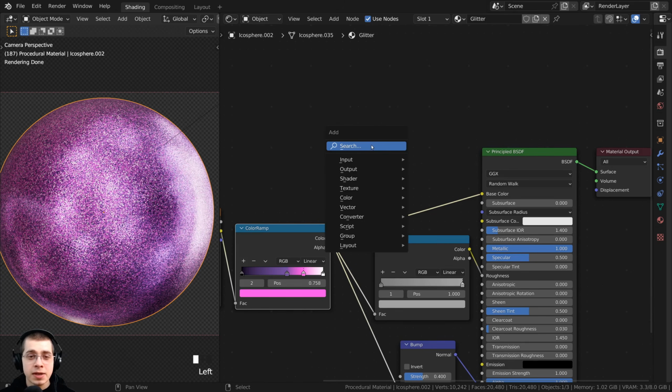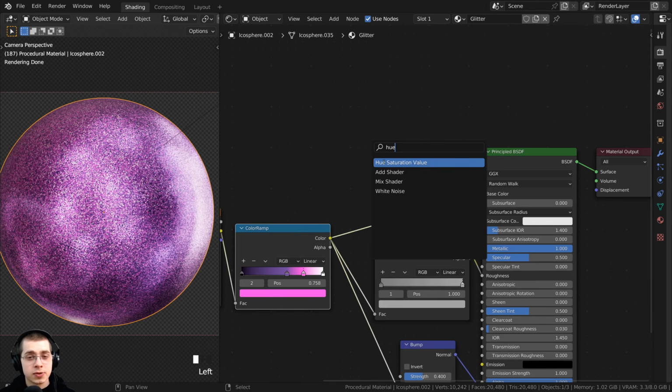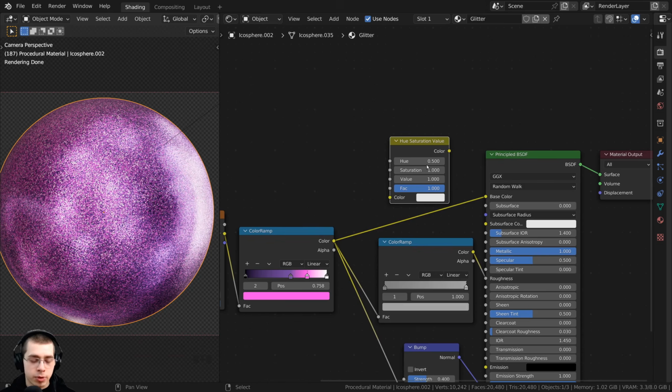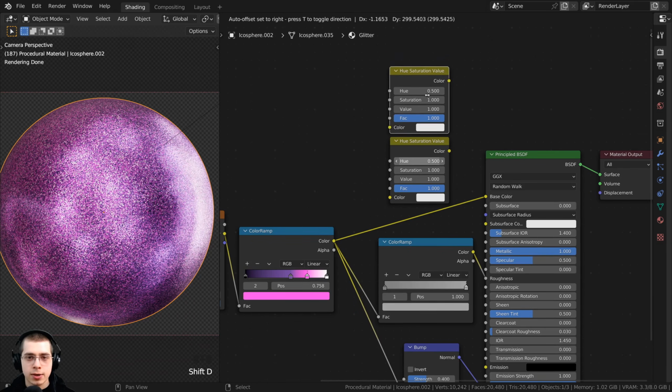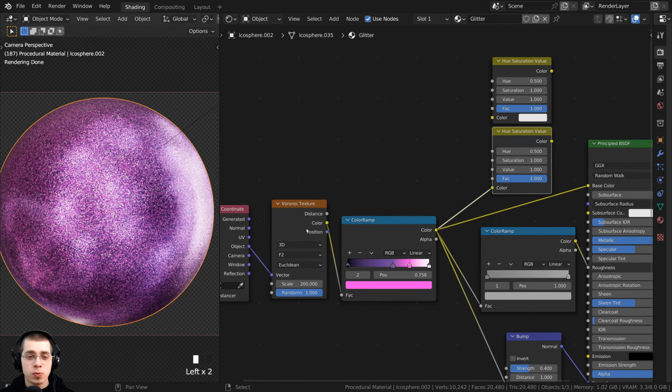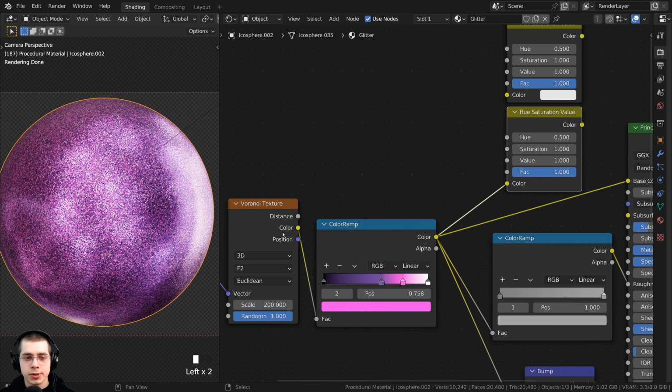So I'm going to press Shift A, let's go to the search, and I'm going to search for the hue saturation value node, and let's stick this here. And then I can press Shift D to duplicate, and let's add another one right up here. And then I can take the color from this color ramp and I can put that in at the bottom hue saturation. And then I also want to use this original color here